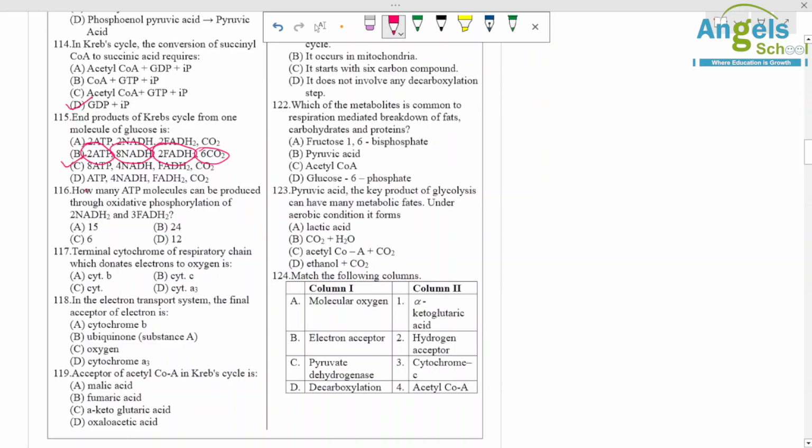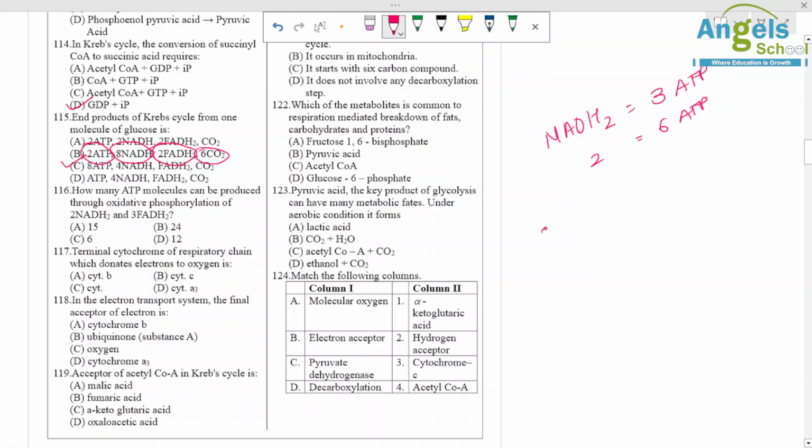Okay, option is 15, 24, 6 and 12. So if we have 1 molecule of NADH2, then it gives 3 ATP molecule, but here there is 2 NADH2, so 6 ATP,